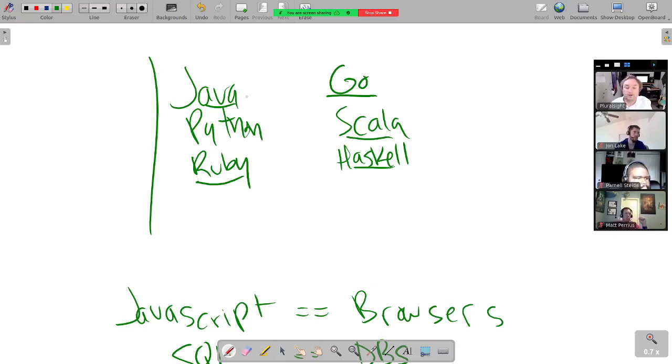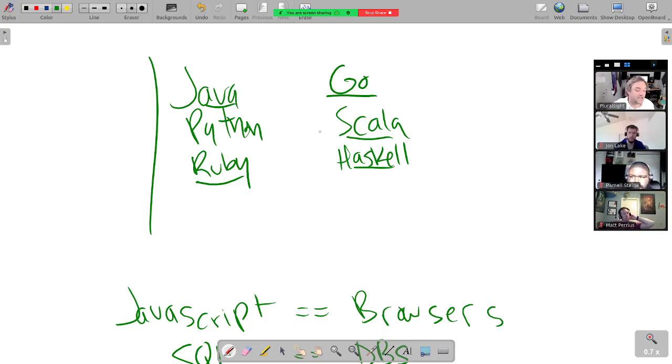So where do I see Java in practice? It's probably more popular than all of these put together. But if you had to program something for, let's say, a car navigation system or something like that, Java's probably a safe one to reach for.